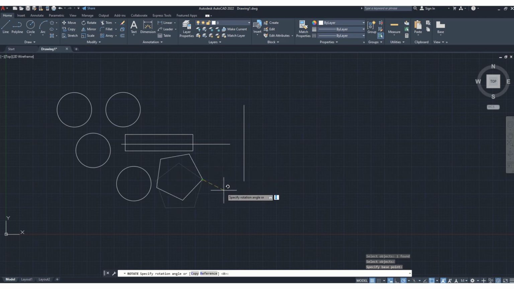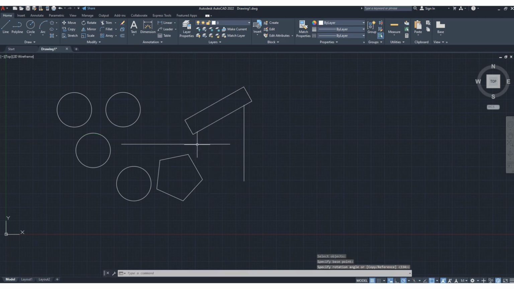Okay, click, or you can rotate this also. Select object, press enter, select this object and you can rotate. Okay,